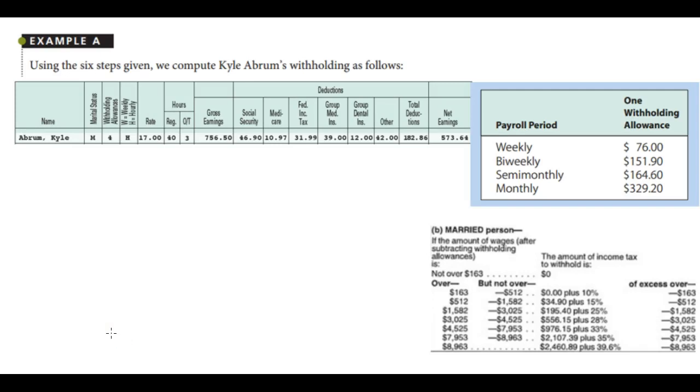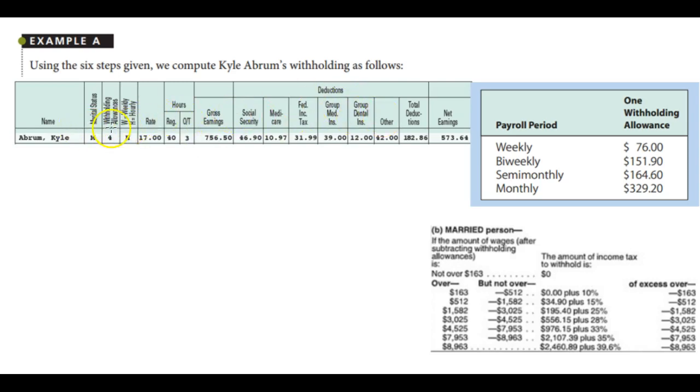All right, we're going to take a look at example A, and it asks us to use the 6 steps, and those 6 steps are the 6 steps found on the top right of the previous slide in that green rectangle. We're going to be referencing those 6 steps to compute Kyle Abrams' withholding. So we need the actual figure from the previous objective. I believe that was figure 10.2, and a part of that figure, we have Kyle Abrams' earnings amounts and deductions,